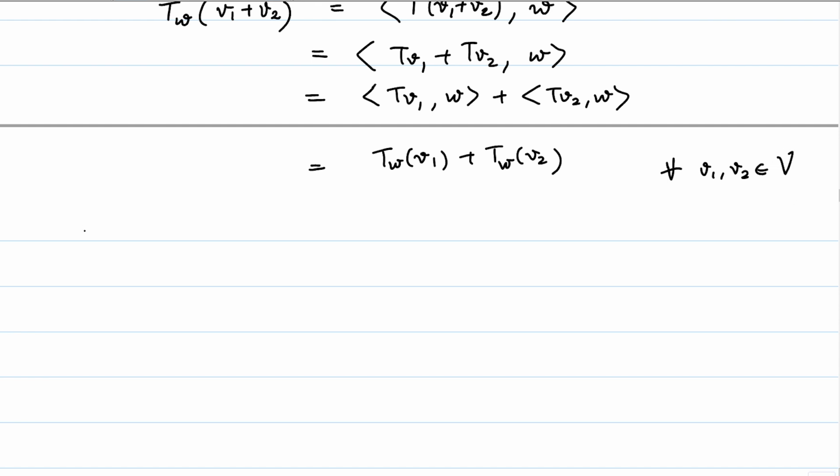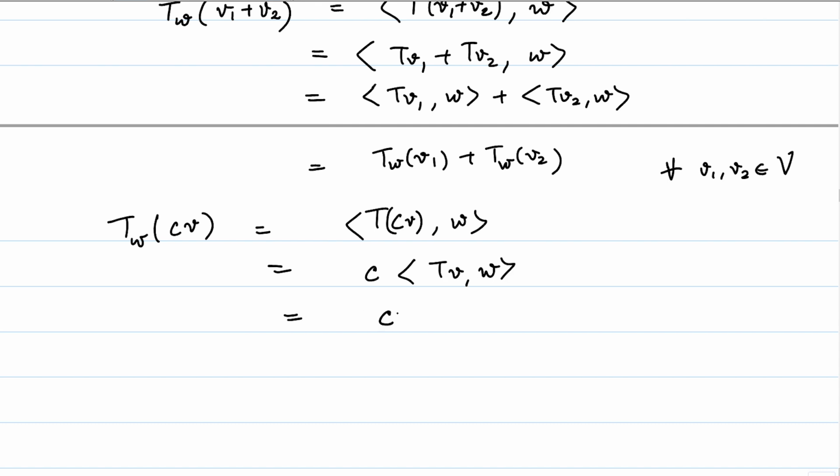And for c in the field of scalars and v a vector in capital V, let us see what this is. This is again T(cv) inner product with w, which is equal to, let me skip a few steps, c times the inner product of Tv comma w, which is equal to c times T_w of v. And therefore T_w is always a linear functional,